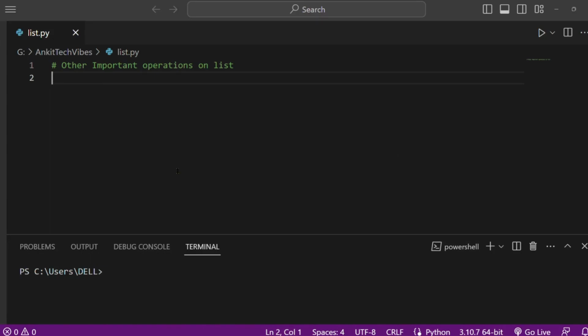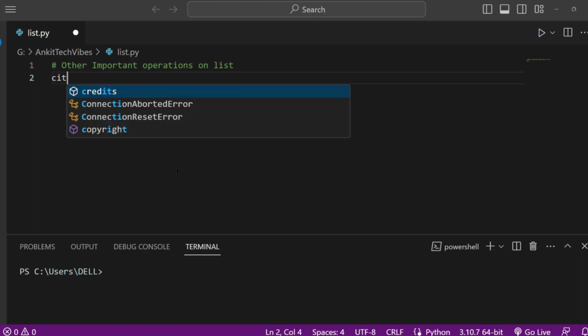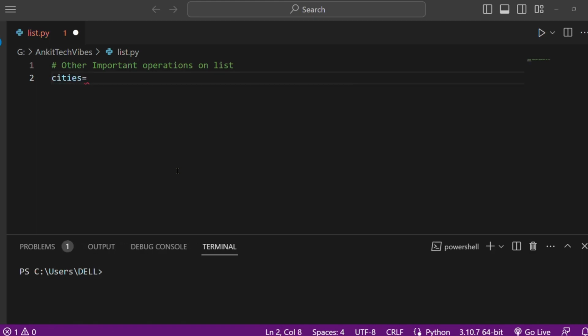Today we are going to discuss other important operations on the list which are required to solve complex programming questions. So let's start. Our first important operation. Before that, let's take a list of cities. Let's say cities, where we will put city names: